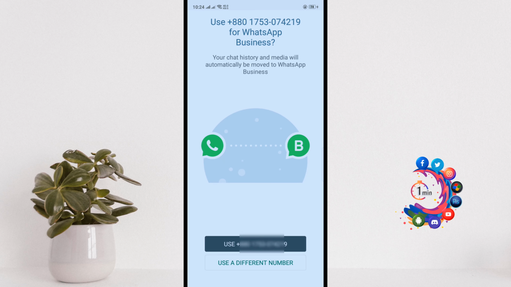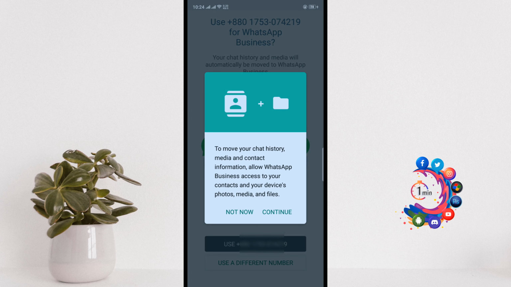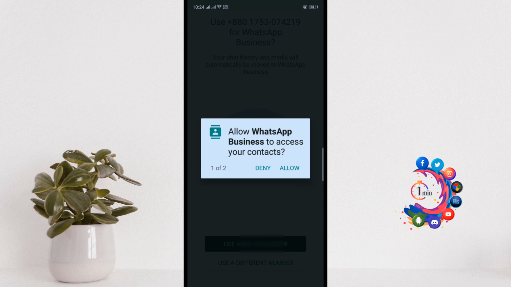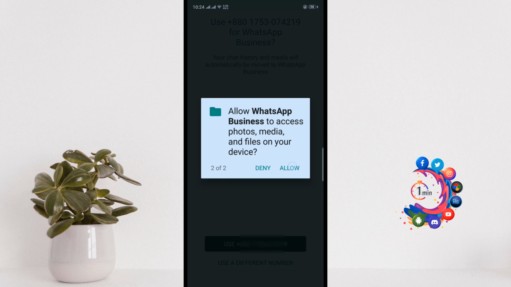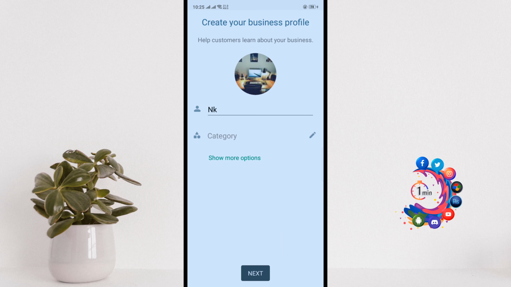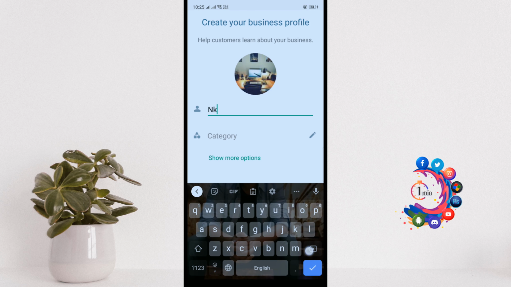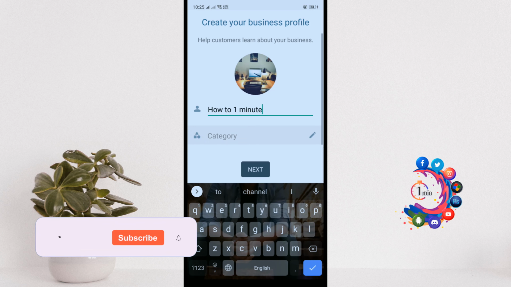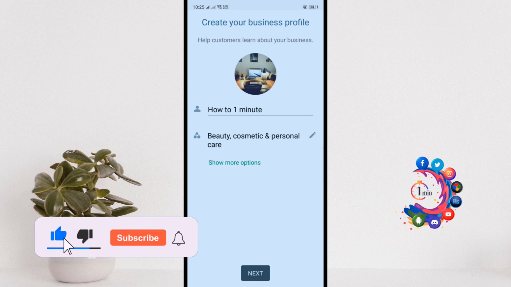and click on agree and continue, and enter here your phone number and click on continue. Allow and give here your business name. Select category here, click on next,